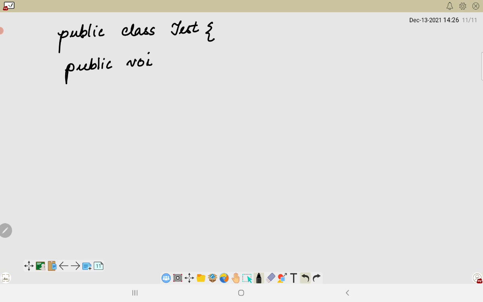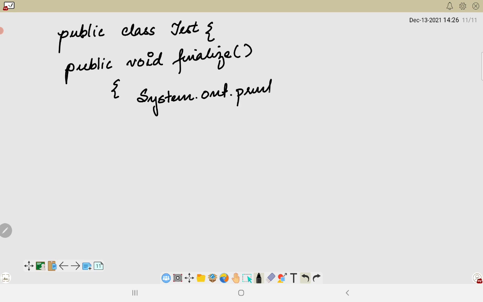So let us write it down: public void finalize, and within this method we will be writing a print statement, System.out.println, and here let us write that memory dereferenced.